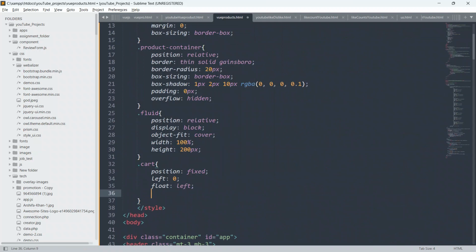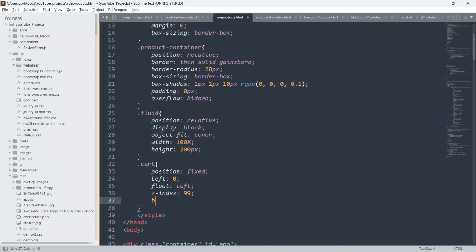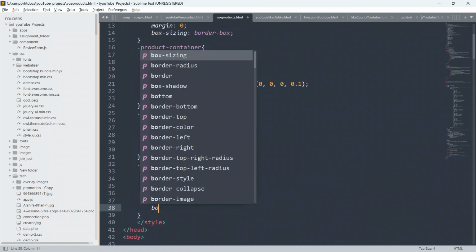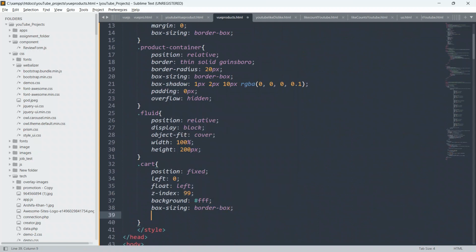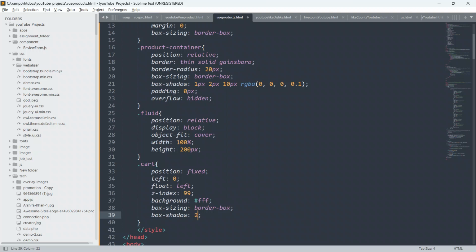Okay, give float left, give z-index as 99, and give background color as white, and give box sizing also as border-box, and give box shadow also a little bit. So give box shadow also 2px and 2px and 10px RGBA, and just change the value of opacity, give 0.2,